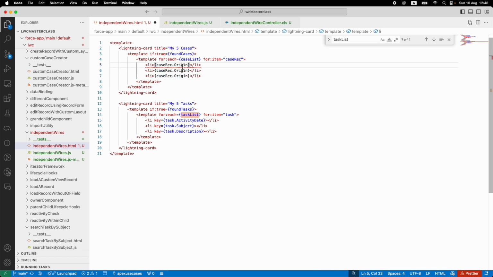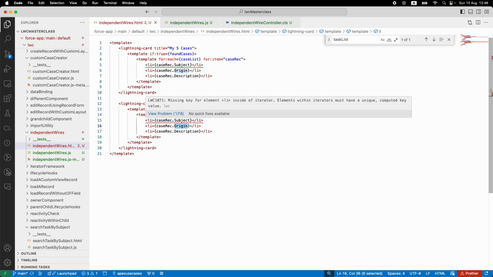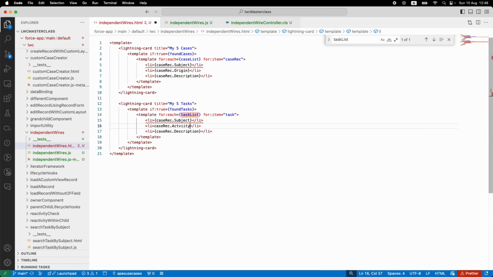So I need subject, origin, description. Perfect. And then I'll do the same for the second one. The same mistake has been made here. I've only assigned it to the key, but the key is not needed for the value. You'll have to put it within the tag. So here, subject, activity date, and then description. Okay, the only reason the first one is giving an error is because it should have a